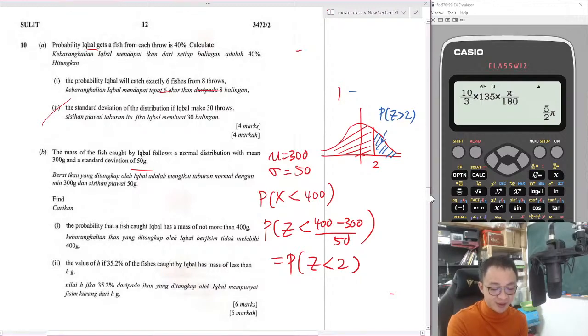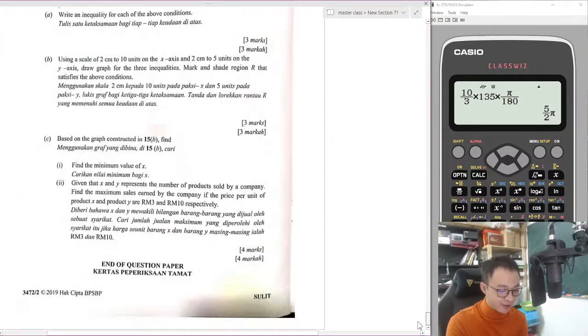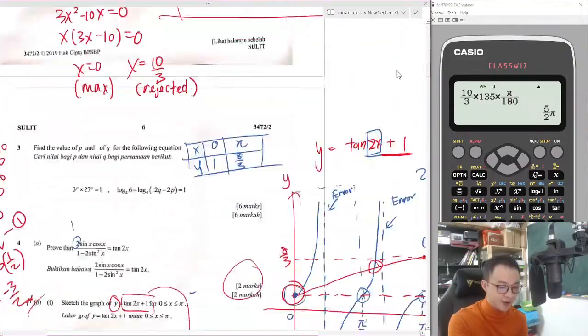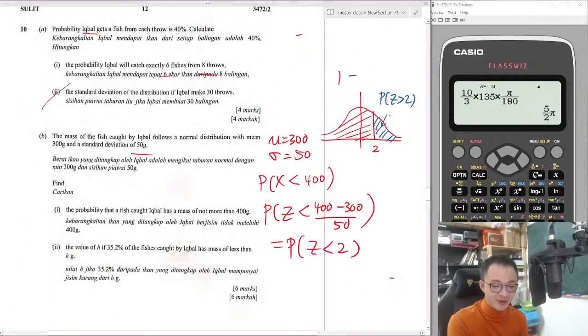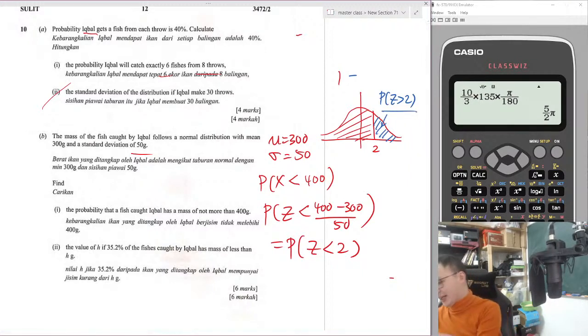You can find it from the table. I hope the table is given. No. Do I have any table here? There's no table here, but for Z bigger than 2, you can straight away find it in the table. I should have a table here with me. Sometimes they do insert the table, but sometimes they don't. I have the table. So for bigger than 2, you should get the value, which is